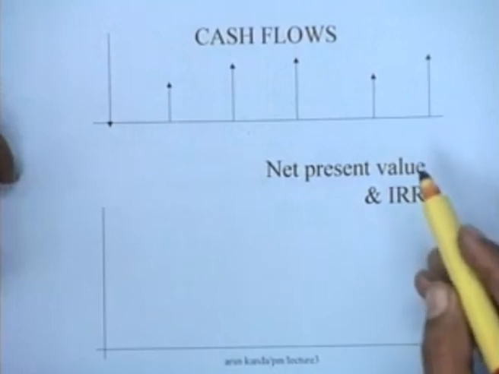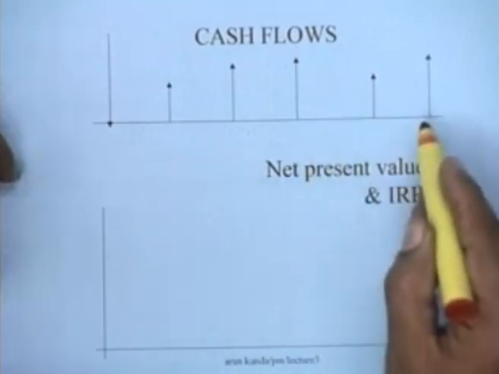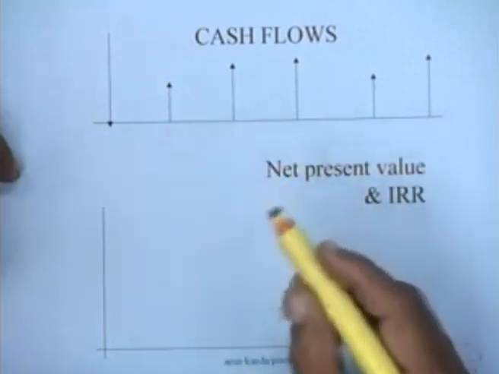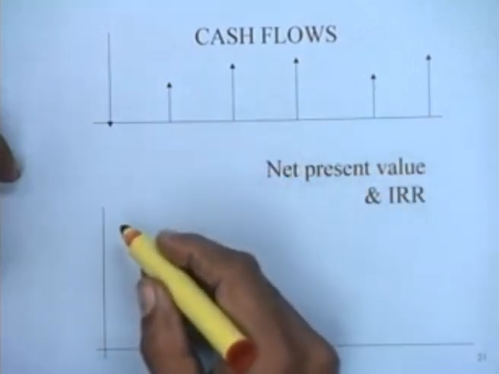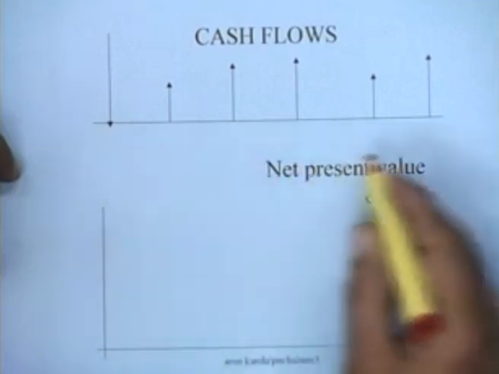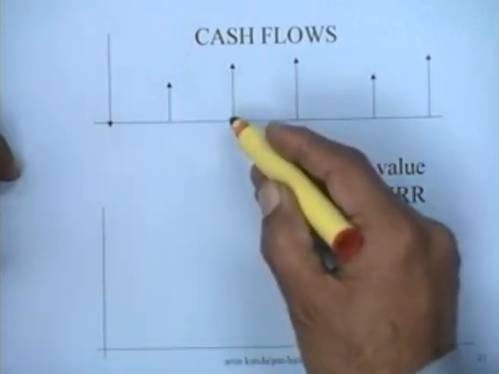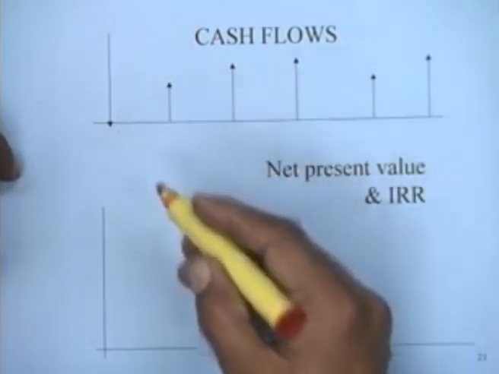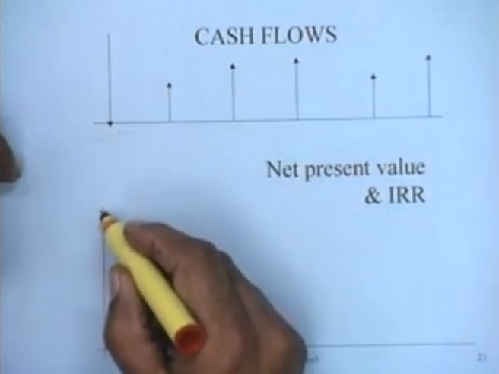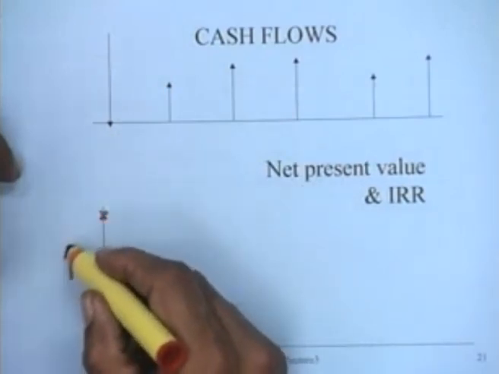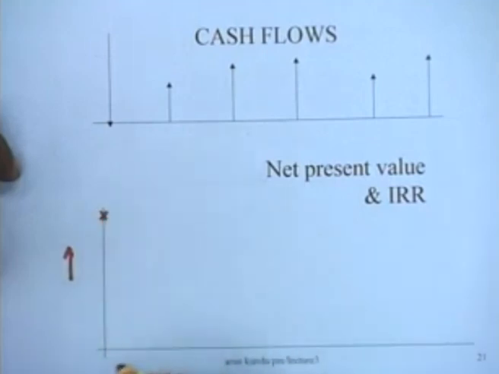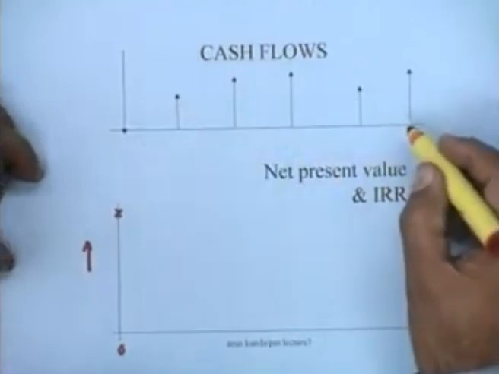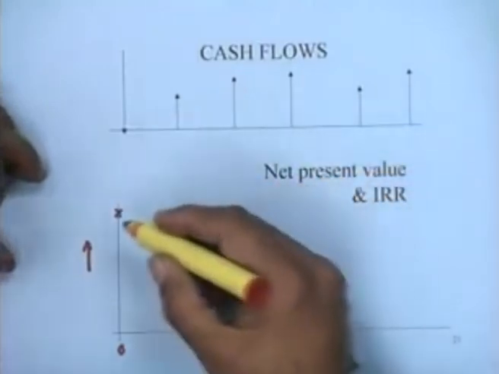So what can be done is, really speaking, we try to find out, for instance, if the interest rate is 0, the total amount of money that could be taken could be computed as the return in the first period plus the return in the second period plus the return in the third period and so on, minus the total cost. So maybe I make this much money. If I plot it here, this is the amount of money that I have at 0% rate of interest. Obviously if I use a higher value of interest, what's going to happen is that